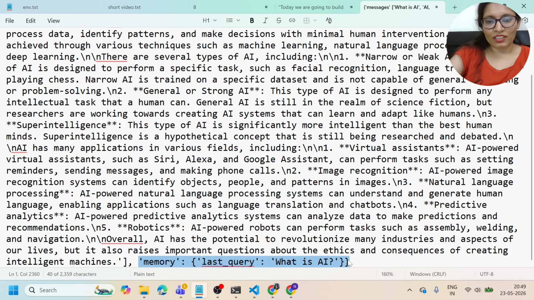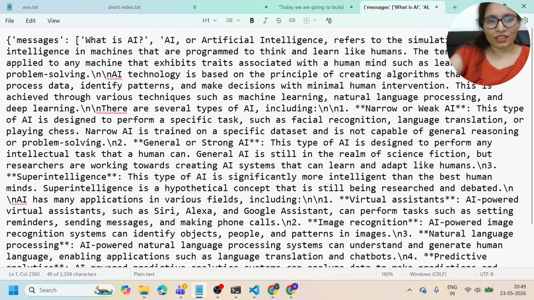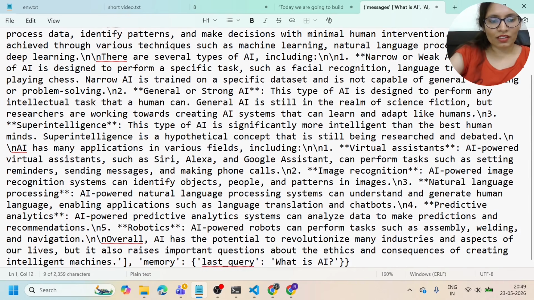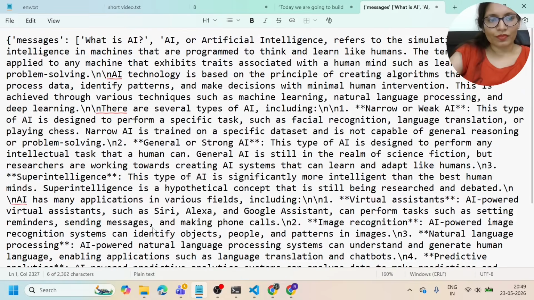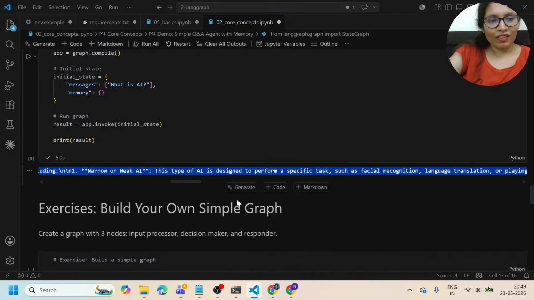And what is AI? It stored in memory what the last query was, and what was asked in the last query: what is AI. Okay, so it kept that in memory. And this is the user query. In message we have the user query. So guys, this is the message and this is the memory, and this is the answer in the middle. Okay guys,